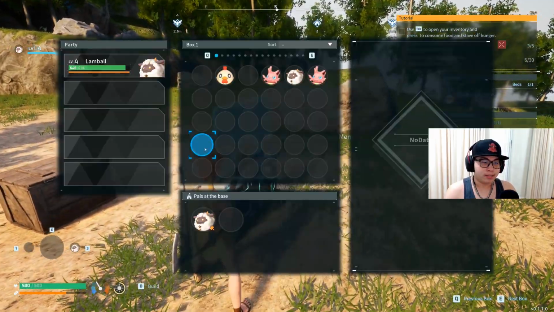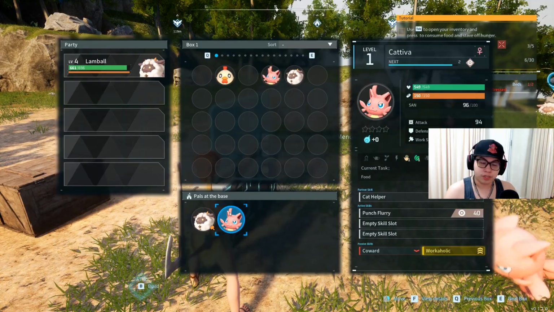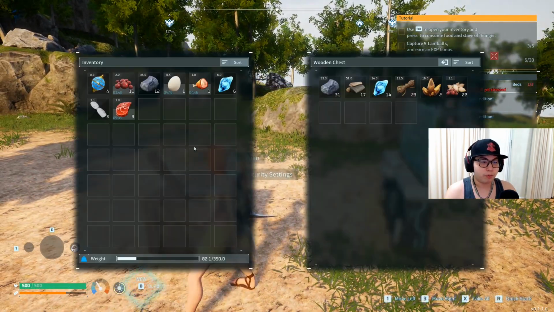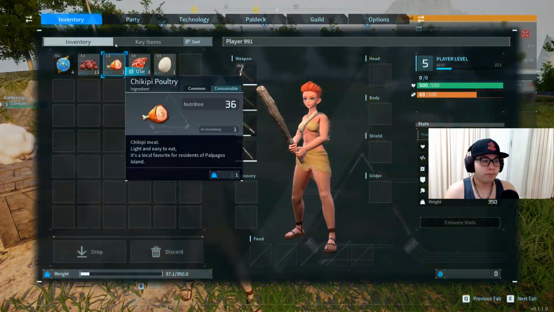Now, you can put in a second worker. This is going to be my Cativa. They're not very good for combat, and they are a workaholic, so Cativa goes in. Now we have a Cativa working on the base as well. They will help you with crafting, they will help you with a whole variety of stuff, so they're pretty useful overall. We're going to dump our stuff here. Now, our next goal is to